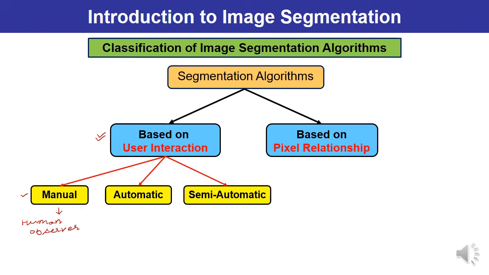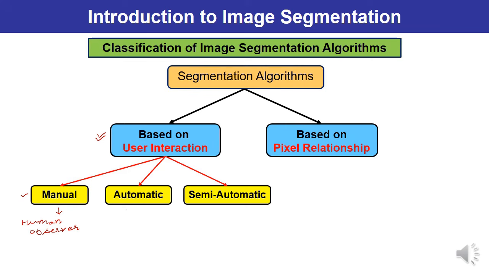And boundary tracing is a subjective process. Variations may exist among opinions. I may trace the boundaries in some manner, you may trace the boundaries in some other manner. It means manual methods are used commonly, but they do not validate the result. The result validation is done by the automatic segmentation algorithm. So here one important point you must remember, boundary tracing is a subjective process. Interest of the users may be different.